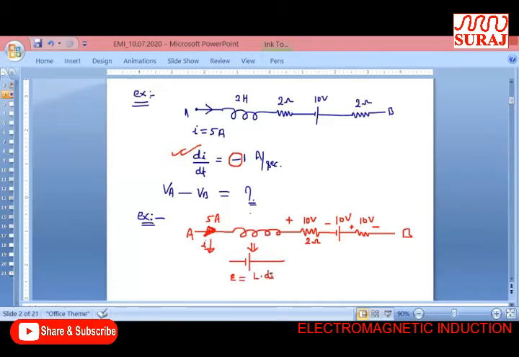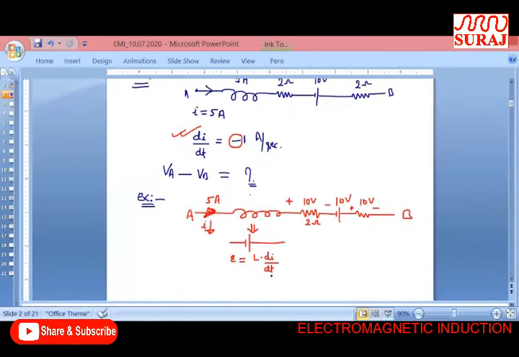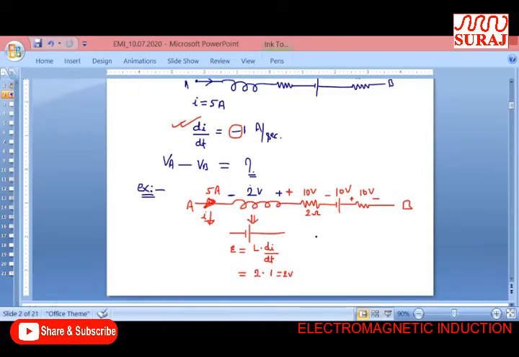I have explained this in great detail, and this value is L di/dt. I will write only the magnitude because I have already written the polarity according to the negative sign. What is L given? L is given as 2 Henry. di/dt is given as 1. So this will be 2 volt. So the polarity of the voltage drop across the inductor is negative on the left, positive on the right, and the magnitude is L di/dt, that is 2 volt.